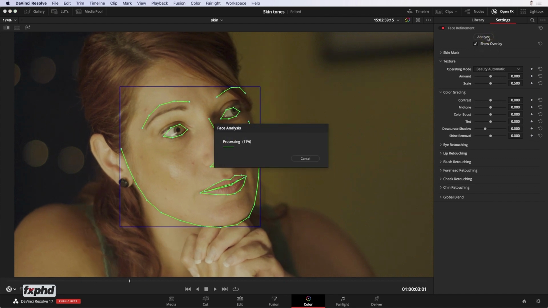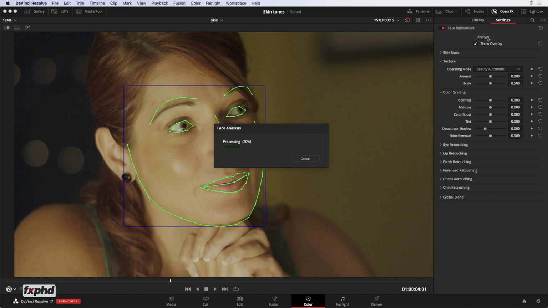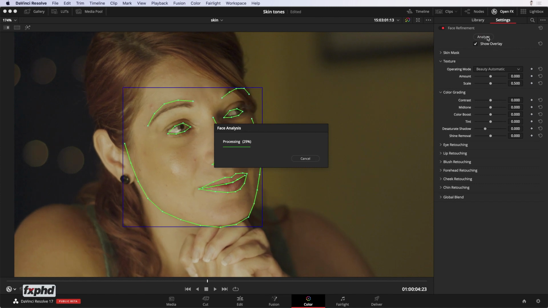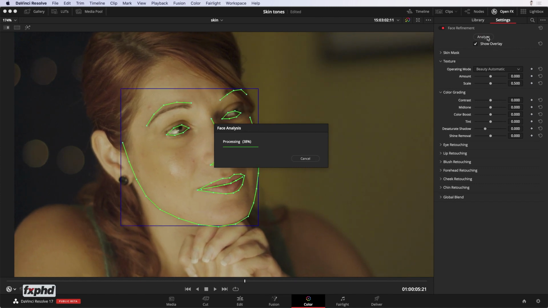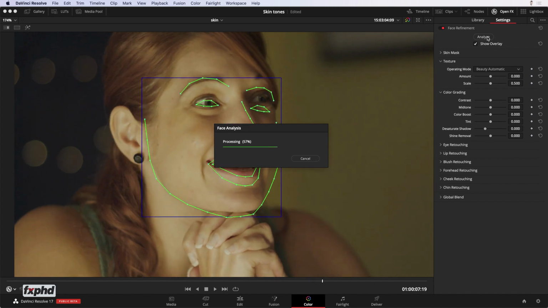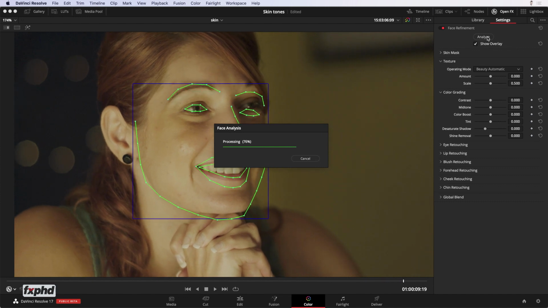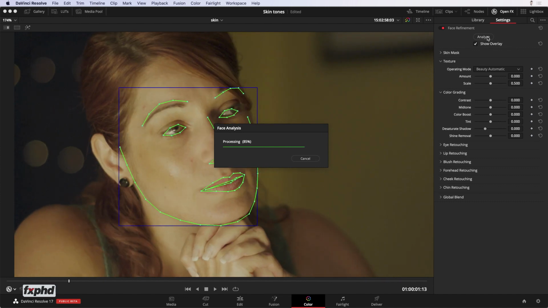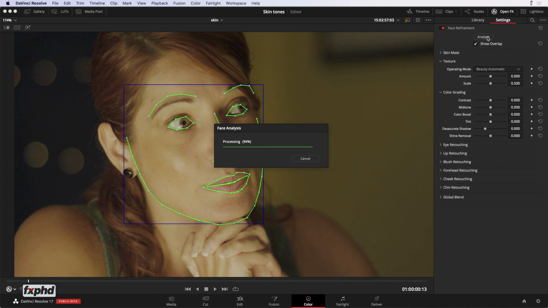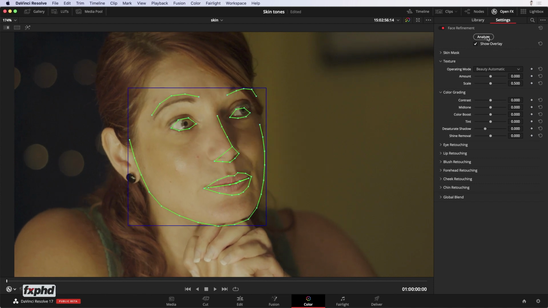Now, if you've got problems with it finding a face, or maybe there's two faces, it will detect with a box and ask which face do you want to analyze? If you've got problems finding something, you can darken down the edges or put a vignette on, just make it easier for it, and it will find a face easier if you darken out everything else, because it's only then got one face or one thing that it's got to find.